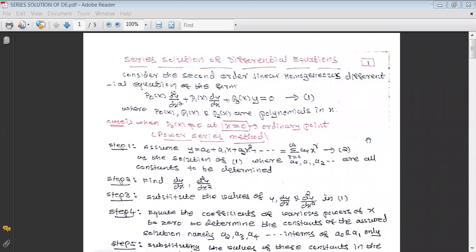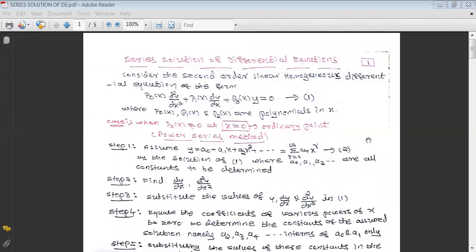In this video, we discuss how to find the series solution of a differential equation. Before that, let us know why this series solution is required. Sometimes finding the analytic solution for a given differential equation becomes tedious, difficult, and sometimes impossible also. In such a situation, in order to serve the purpose, we can think of the series solution of a differential equation. That's the first thing we have to keep in mind: why the series solution is required.